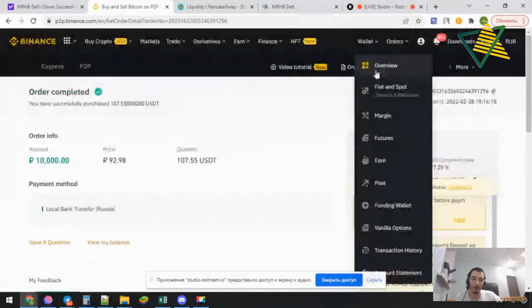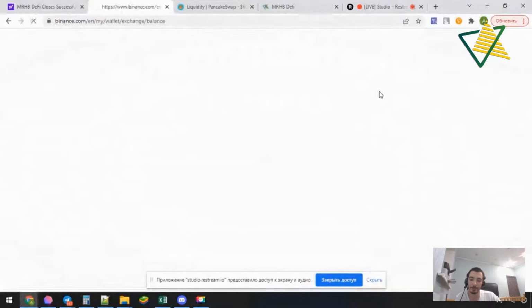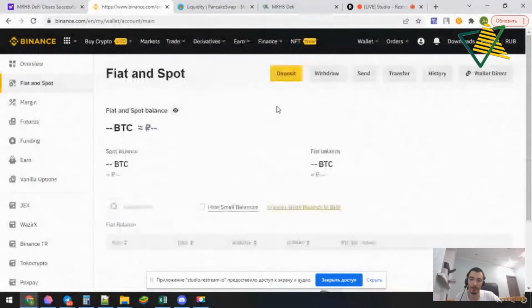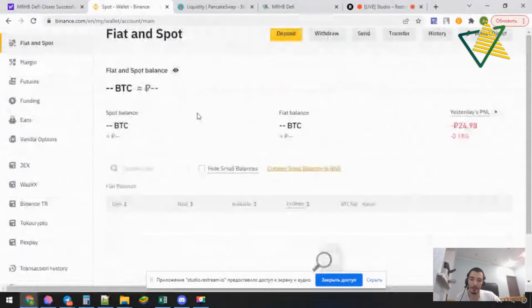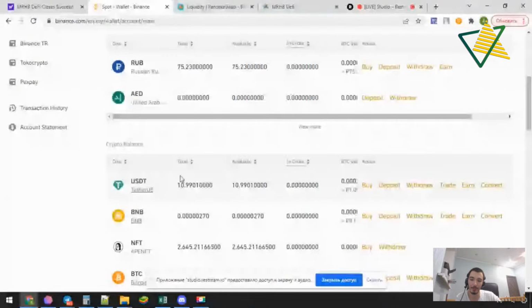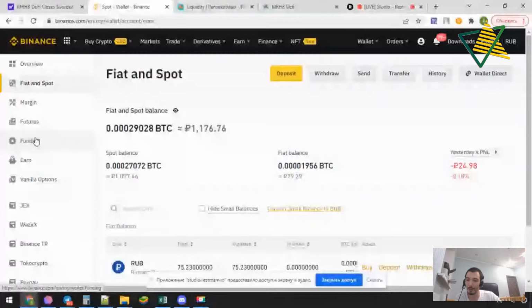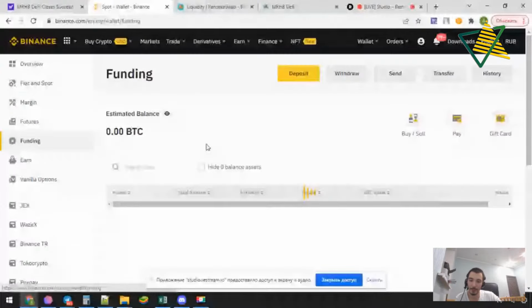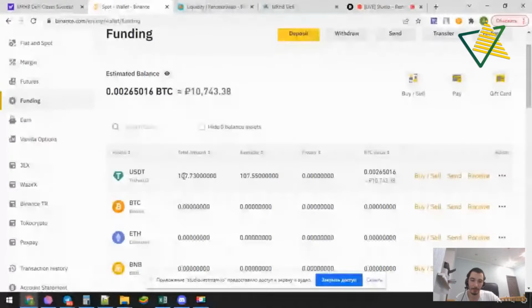Now, when I go to my wallet, fiat and spot, sometimes you can see that it is not transferred to the fiat and spot wallet automatically. You see $10 only, because after you buy on P2P trading, they go to the funding wallet, and you need to transfer them to fiat and spot.